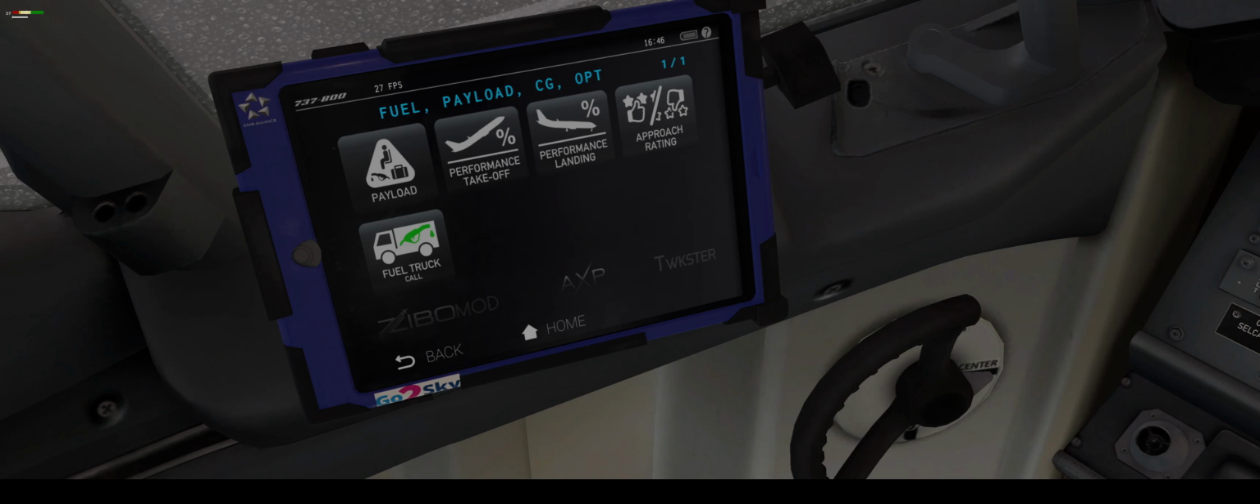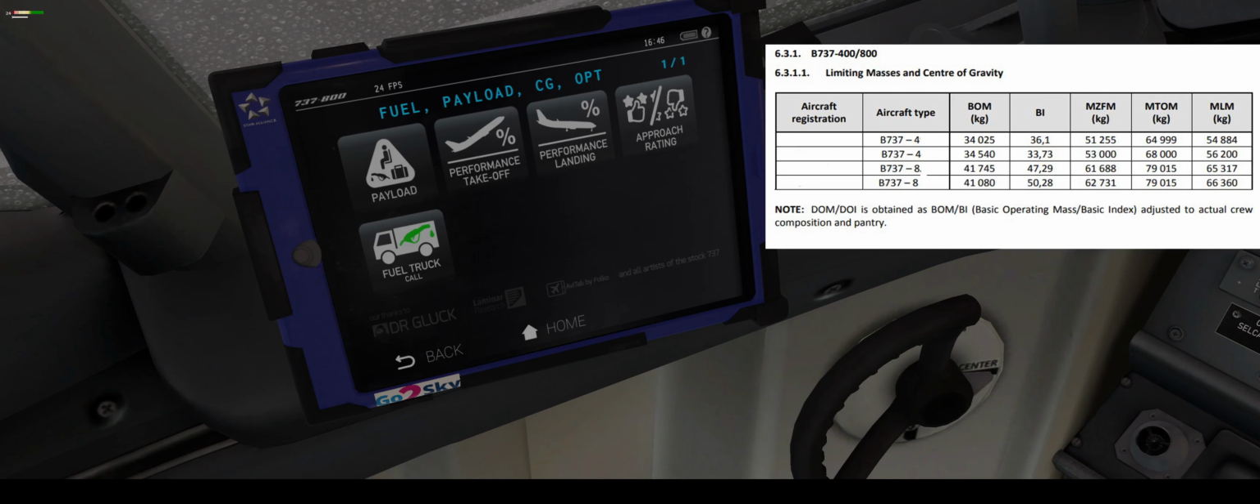Okay, so this is basically the first part, and the first picture I will show you, this picture. Here you can see first the 737-400 and then later the 737-800. Okay, and you can see the basic operating mass and basic operating index, and then you can see maximum zero fuel mass, maximum takeoff mass, maximum landing mass. Okay, why mass? Again, these are